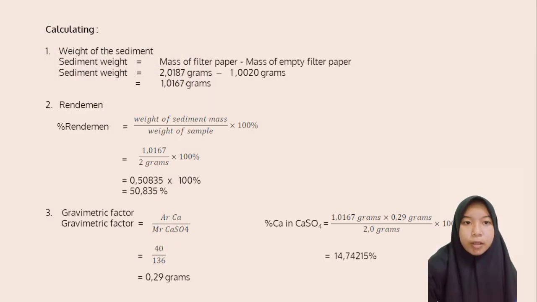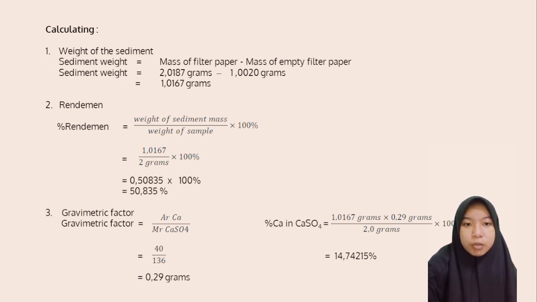Calculating. 1. Weight of the sediment. Sediment weight equals mass of filter paper with sediment minus mass of empty filter paper. Sediment weight equals 2.0187 grams minus 1.0020 grams equals